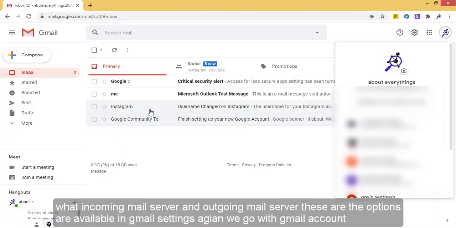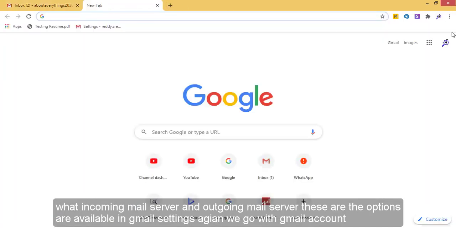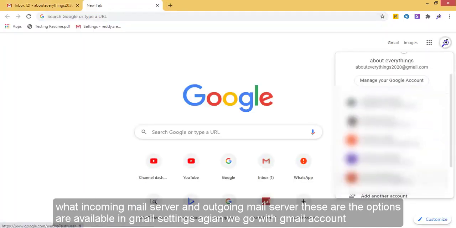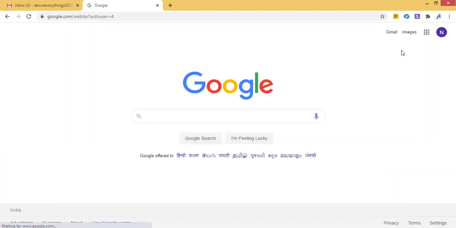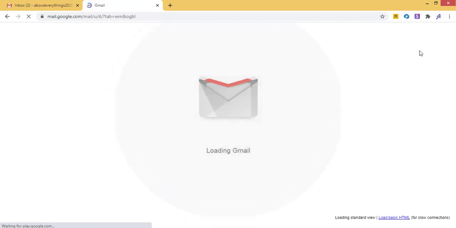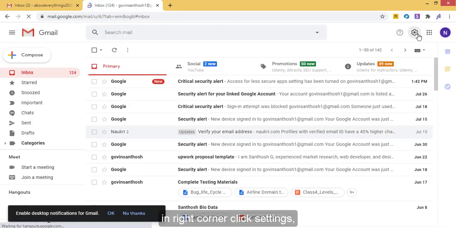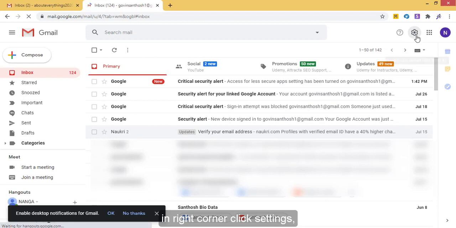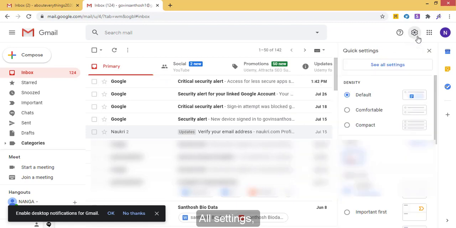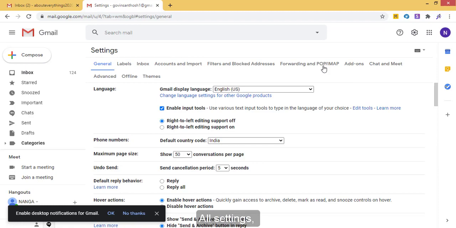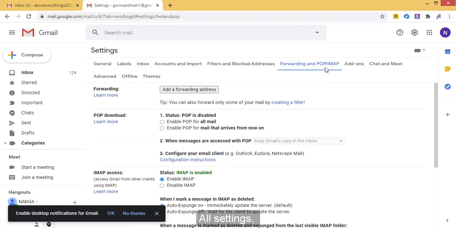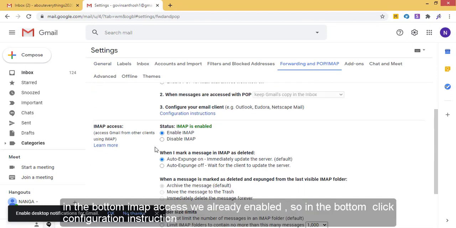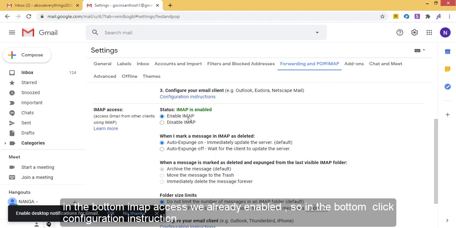So again you go to the Gmail account, the right corner settings, see all settings, forwarding and POP/IMAP option. Under IMAP access, we already enabled it.